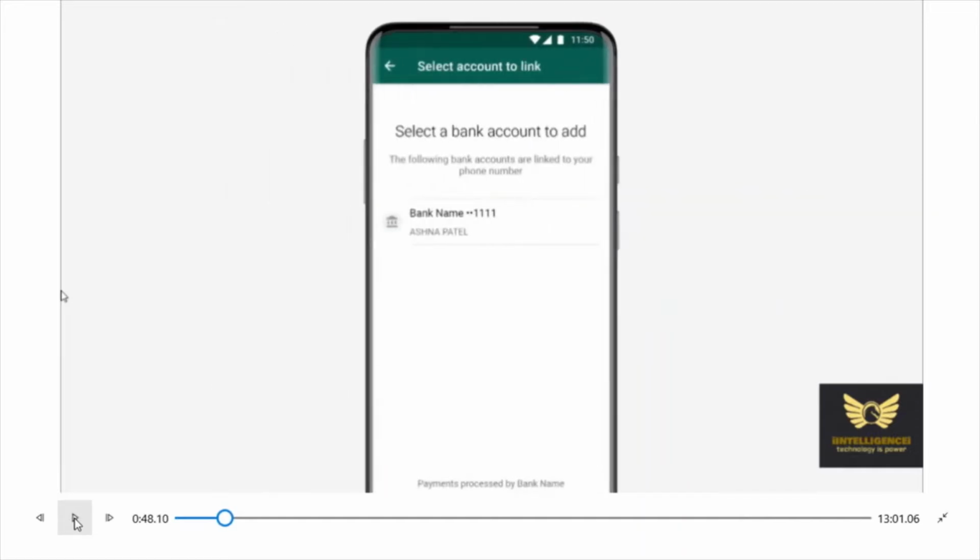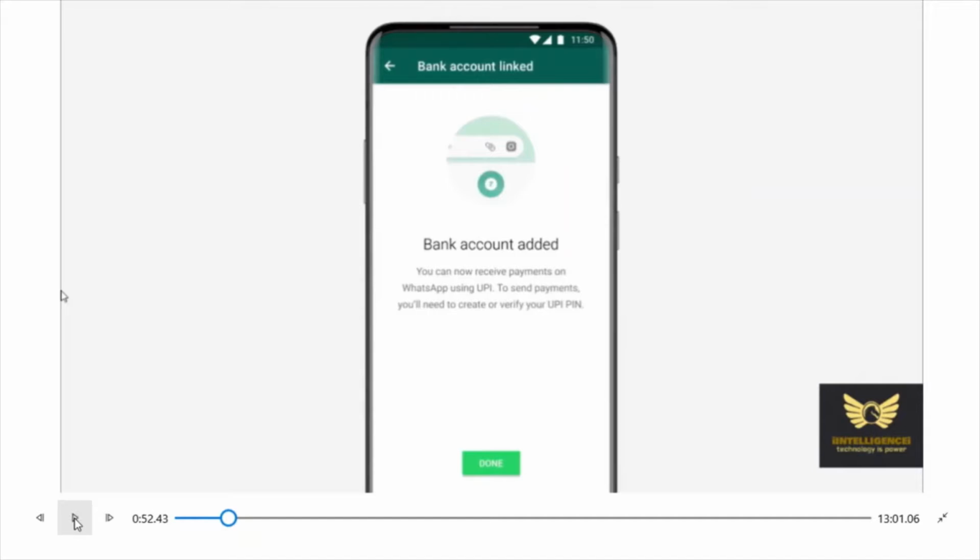Once that is done, you need to select a bank account to add, and these bank accounts should already be linked to your phone number with the bank. So type all the bank details. Once that is done, it says bank account added.